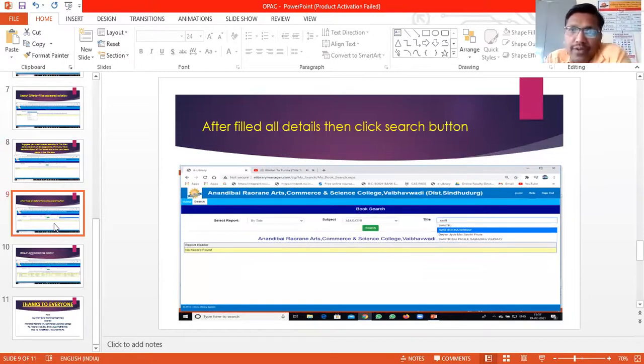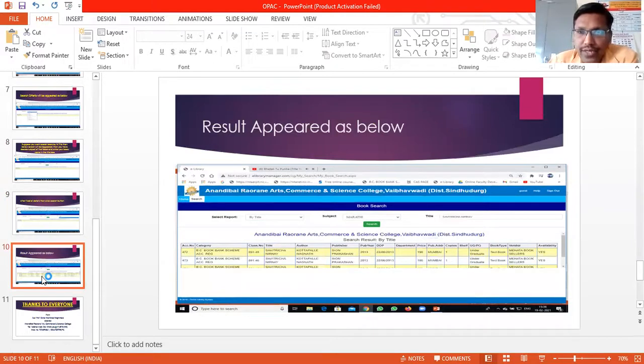If you type Savitri here in the title, then starting from Savitri, the list of available books will appear in a pull down menu. After clicking on search, the result will appear like this. Here we can see the BC Book Bank scheme, regular book bank scheme, and Siddhivinayak book bank scheme. All of these books appear, named Savitricha Nirnay. It is a very simple criteria for searching the books.